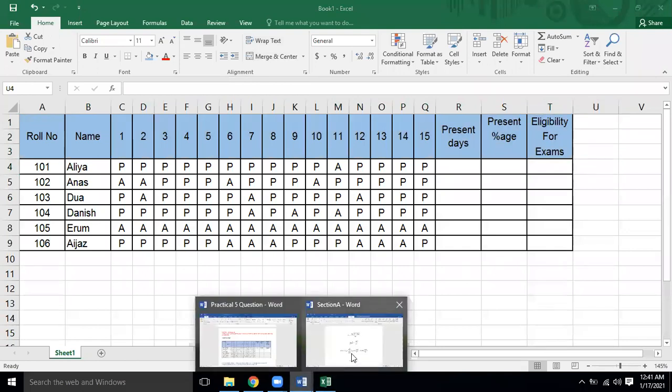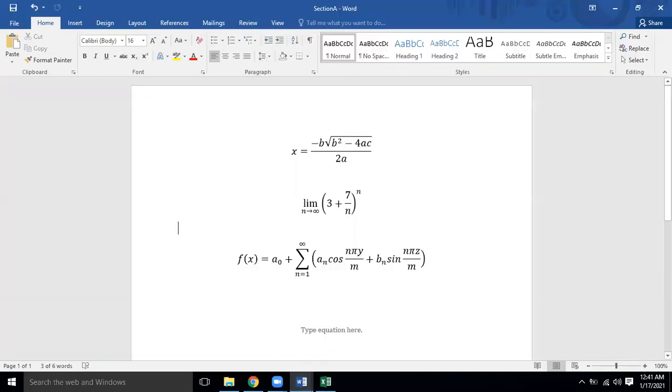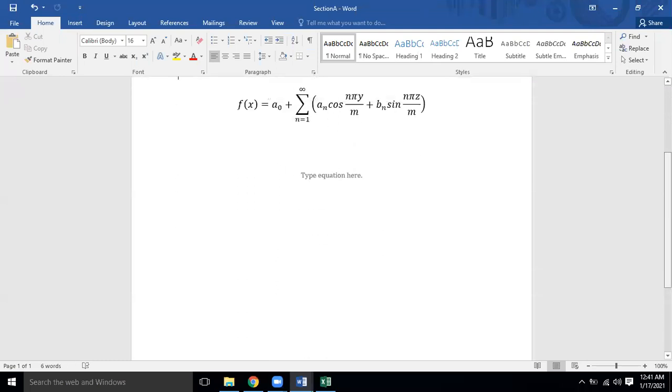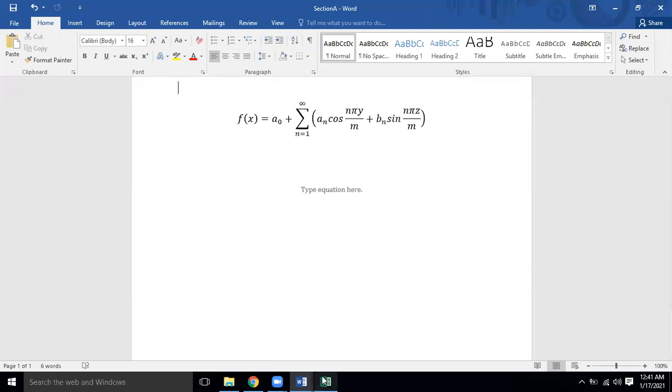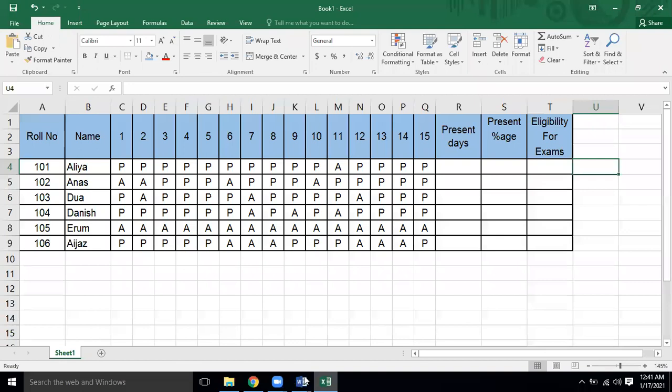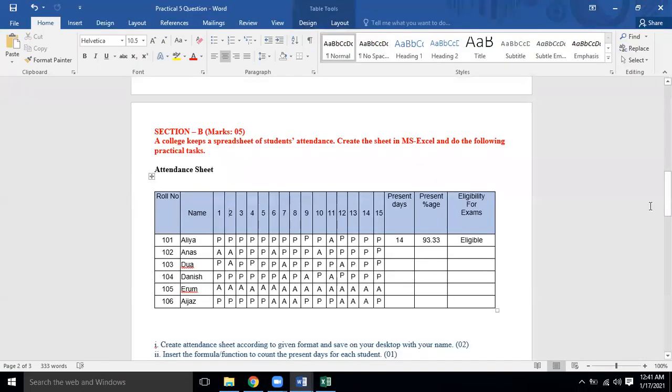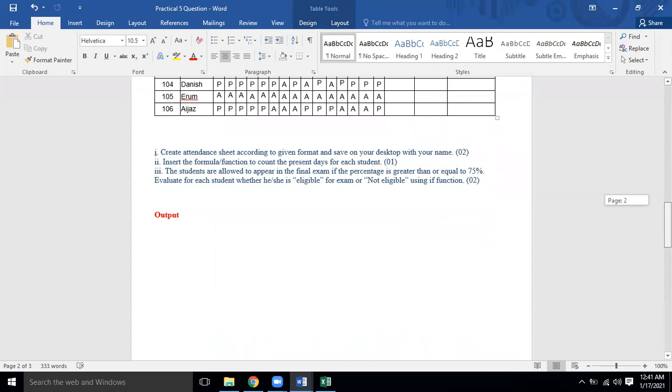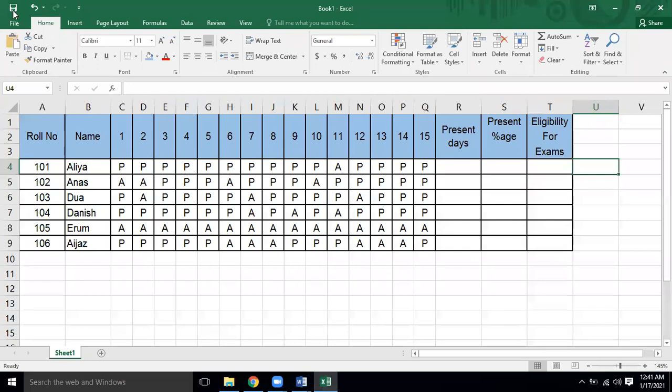Now what is the task? Come to the task now. The task is to create an attendance sheet according to the given format and save it on your desktop with your name. It is of 2 marks, so I'm going to save it.